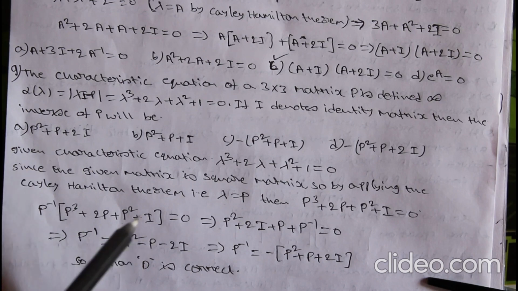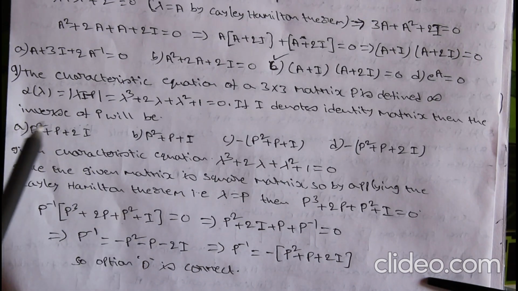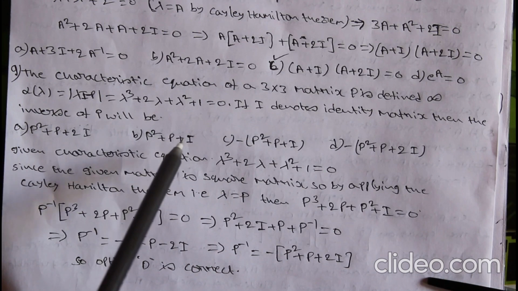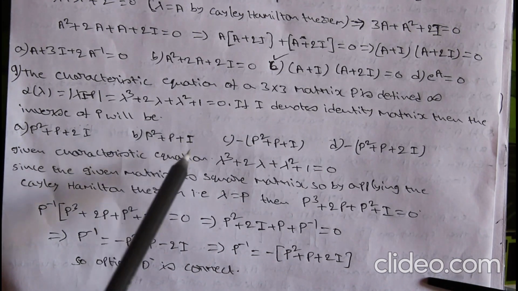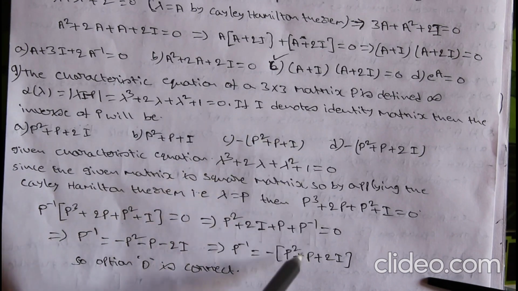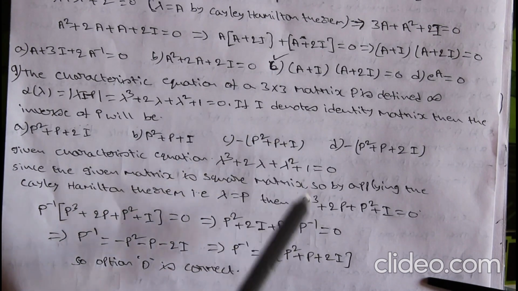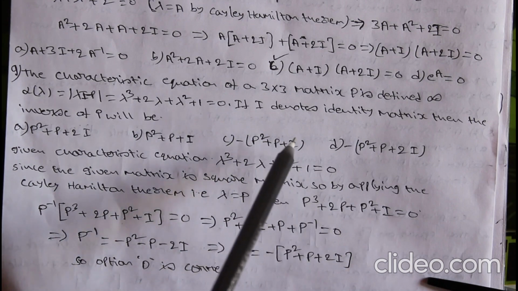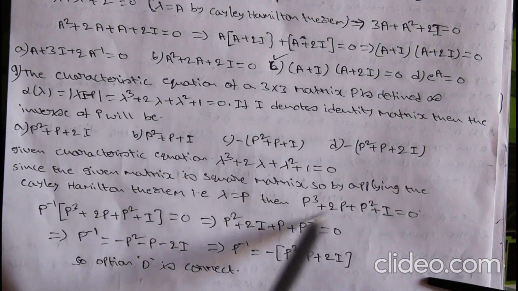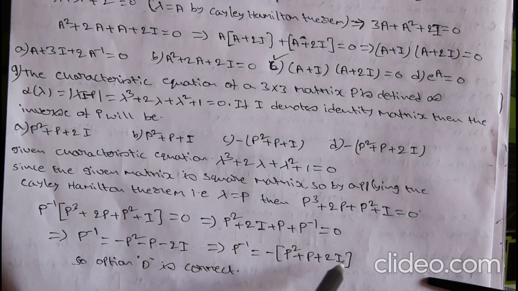Now look at the given options. Option A, P square plus P plus 2I. No, it is minus of P square plus P plus 2I, so option A is wrong. Option B, P square plus P plus I. No, wrong. Option C, minus of P square plus P plus I. Look at P square plus P, but here it is I instead of 2I, so option C is wrong. Option D, minus of P square plus P plus 2I. See, P square plus P plus 2I. So option D is